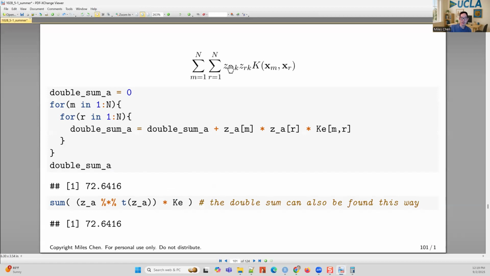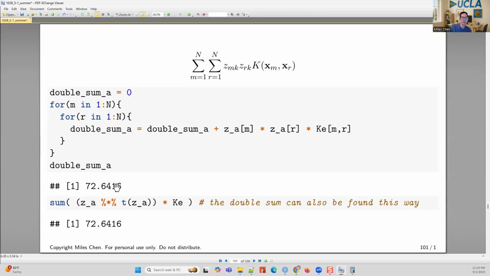And so when we want to calculate this double summation, I'm going to look at this vector z, which is ones and zeros. We're going to go through all values of m and r, 1 through n. Basically for some cluster A, is it a 1 or 0, times, for cluster A, is it a 1 or 0, and we multiply by that kernel value and keep a running sum. And when we do the double summation, we get